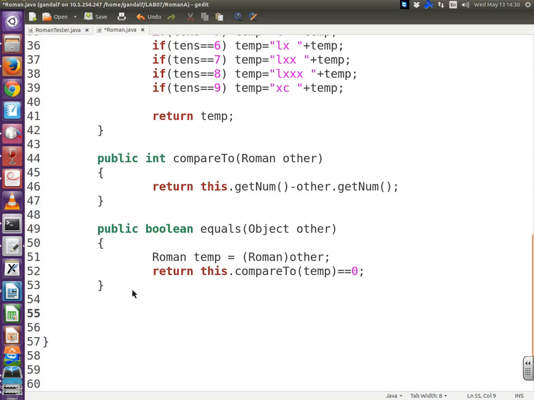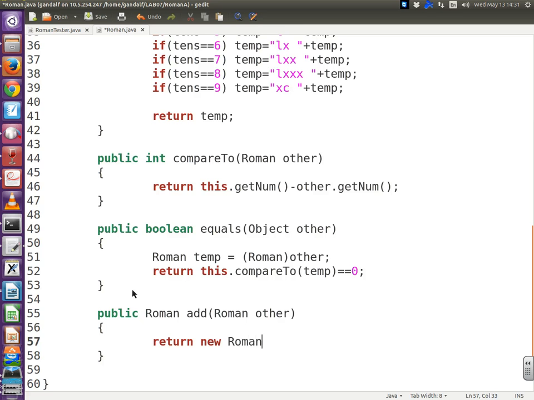Well, we're going to add two Romans and we're going to get a Roman, right? So public Roman, it's going to return a Roman. Add Roman other. We're adding two Romans and we're going to spit out a Roman. Is it this Roman and other Roman and the output? And how about we return an unnamed object we construct right here on the fly